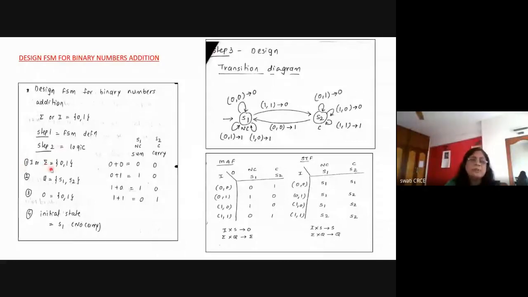Now for DFA problems, we are not going to use this capital I or capital O. We're going to use some other words for DFA when we are solving DFA problems. So I is nothing but sigma. Different books use different conventions, and on the internet also you will find different solutions, different ways of solving the problems. I have referred to lots of books, the internet and some tutorials, and then I have come up with my solutions to every problem. So I suggest that you follow the lectures and my methods of solving the problems, so that there will not be any confusion.